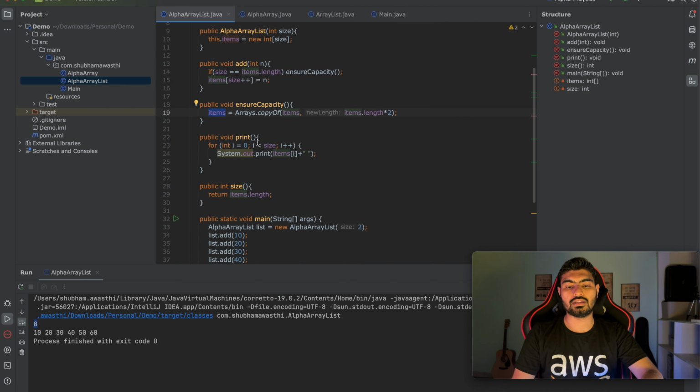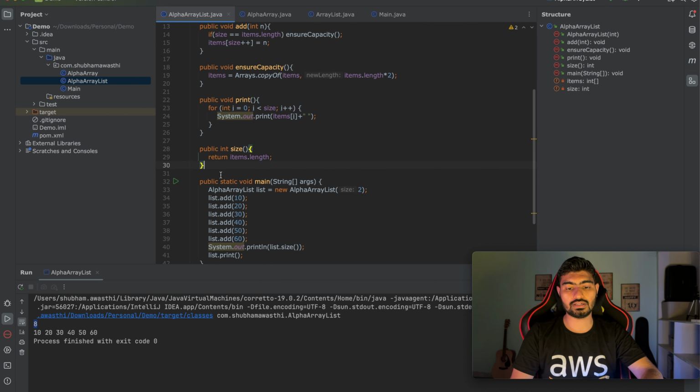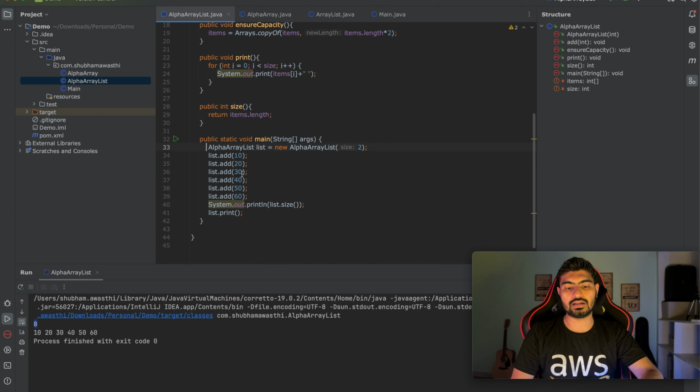And here what we are doing, we are just printing the elements of the array. Here we are getting the length size of the array, right? And we just added it. We have printed the size. It has grown dynamically 2 times. First time 2 into 2, 4, next time 4 into 2, 8, right? So that's why it became currently 8, and we are able to print all of these,